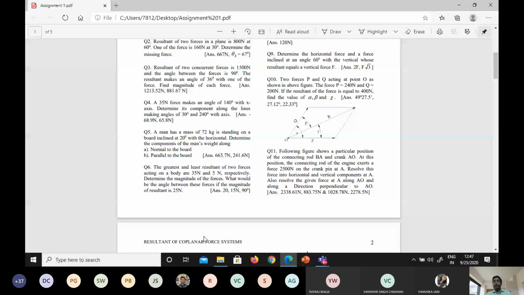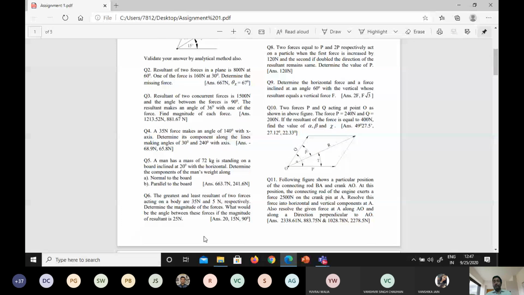Majority of questions. It's not like that if one student says they are not able to solve a problem, I will discuss that problem. I will be discussing only those problems which are not solved by the majority of students. For example, if question number 11 is not solved by the maximum number of students, then I will solve this problem in the class. Okay, sir. This is assignment number 1 for you.